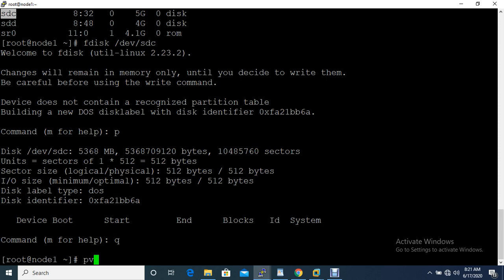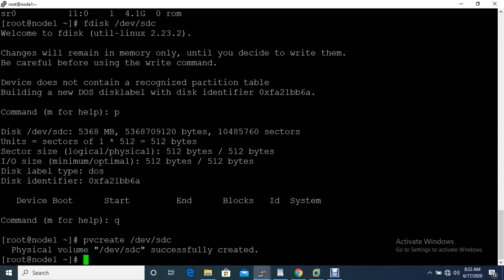The command is pvcreate, and you give the device name. You can see your PV created successfully.